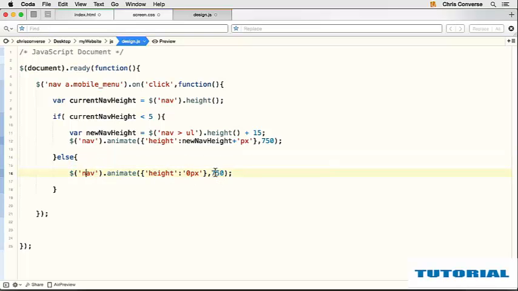And we do that by coming in here after the duration, which is 750 milliseconds, still inside of the parentheses for animate. Let's hit a comma, and we'll type in function, another set of parentheses, another set of curly brackets. Let's come in here and split this open. So this callback function here will only run after the animation is complete. So once the animation is complete, we want to come in here and remove the style attribute from the nav